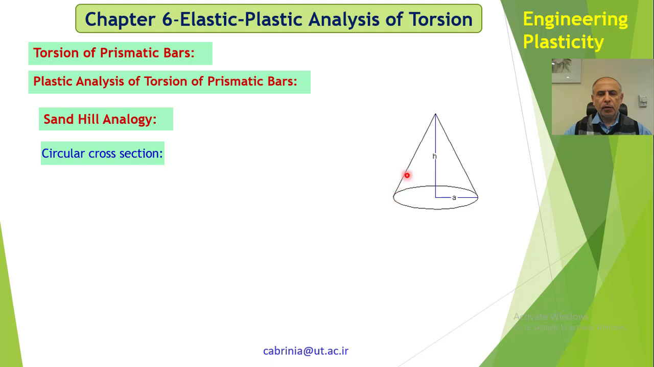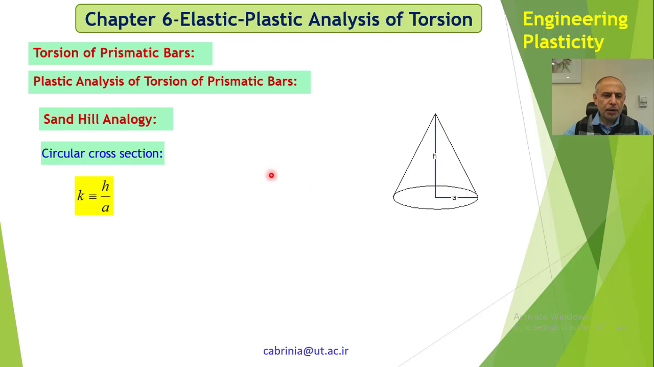So by sand hill we mean that we put sand on the cross section and pile it up until we reach a point that no more pile up is formed. So there is a certain volume of sand on top of the circle or cross section. Now for circular cross section,